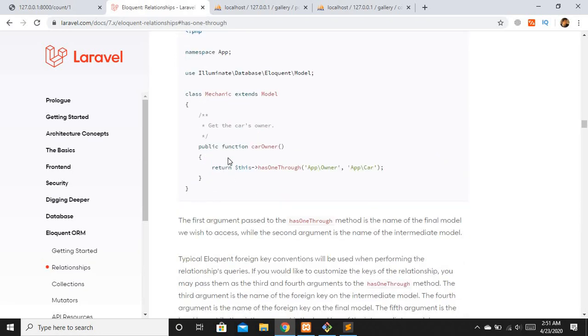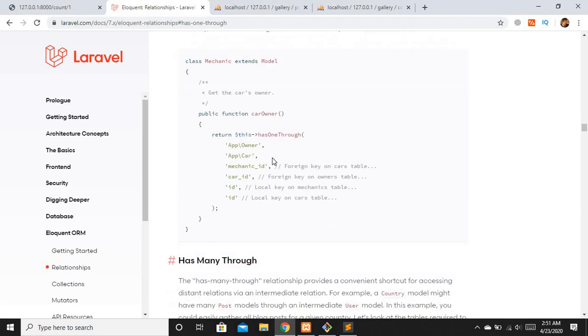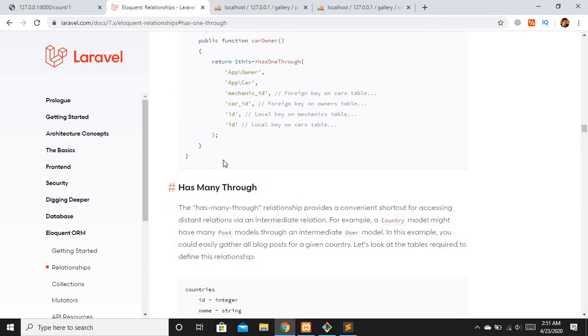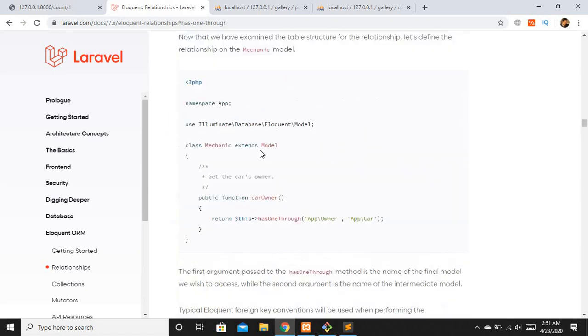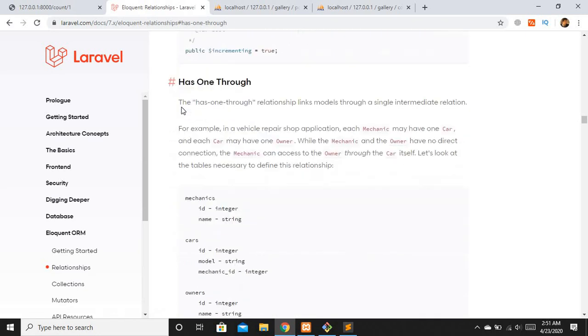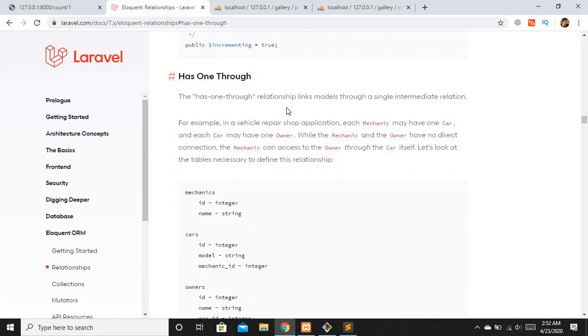So this is going to be your task, and we have already discussed all of these. Everything is written right here, what you have to do, and now you have the knowledge to implement this kind of relationship.